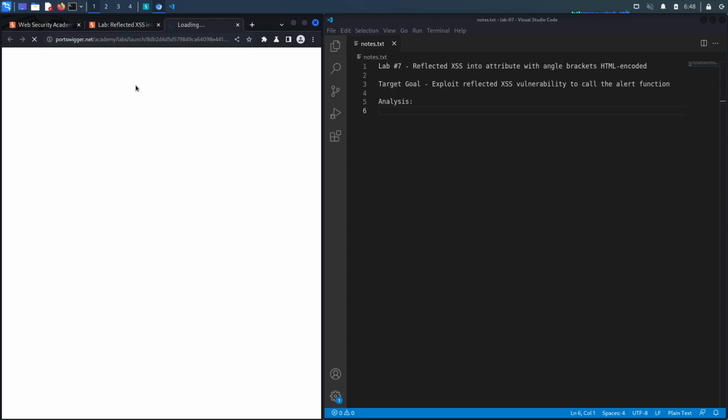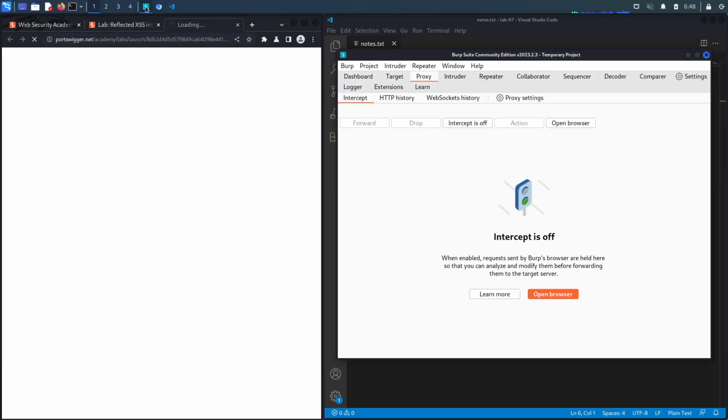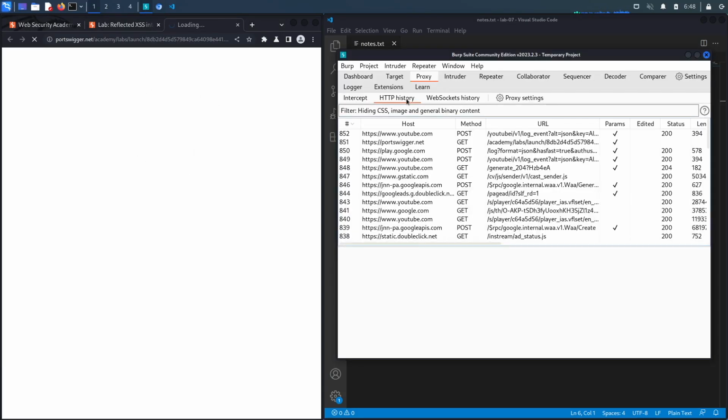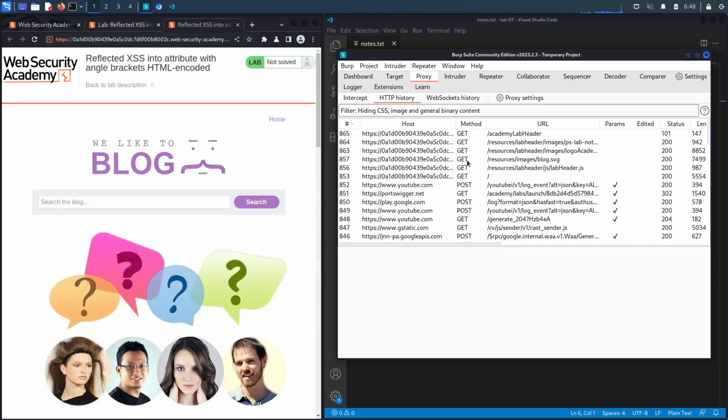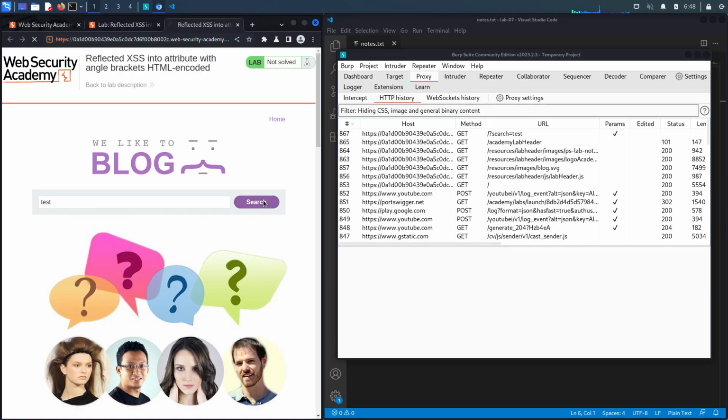Now notice over here, this is the built-in browser in Burp, and so all my requests are already being passed in my Burp proxy. Alright, so as usual, the first thing we're going to do is look for input parameters that take client-side input that is reflected back to the user in the application. So a search field is a classic example of that. If we put test in here and click on search,